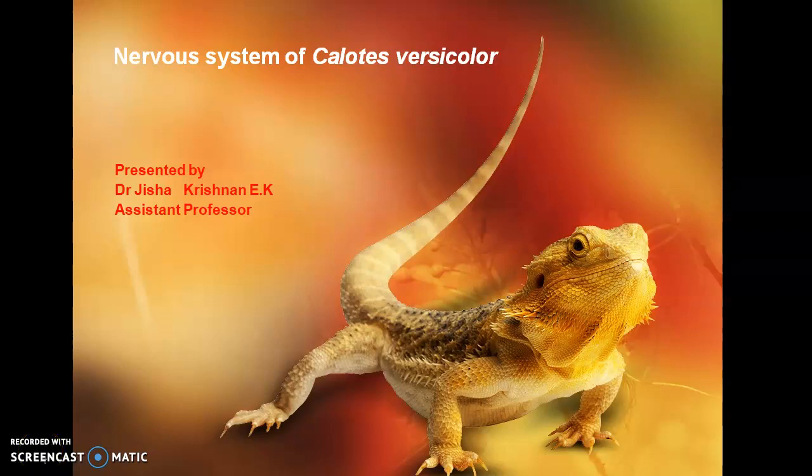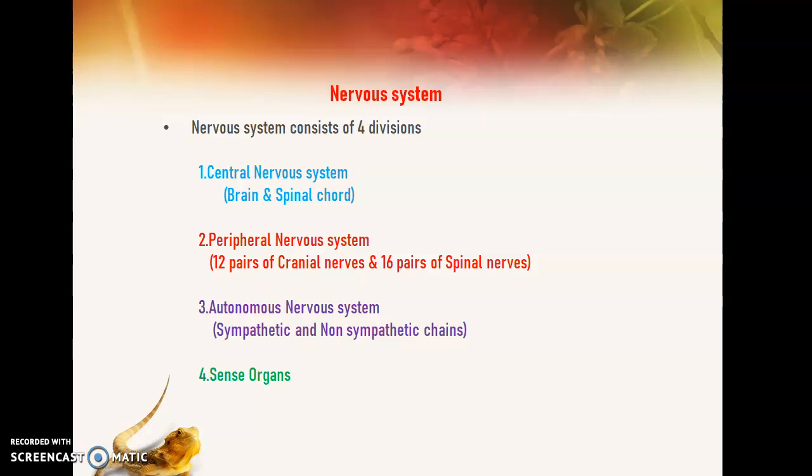Dear students, today we are starting with the topic, the nervous system of Calotes versicolor. The nervous system generally consists of four important divisions that we all know. A central nervous system consisting of brain and spinal cord, a peripheral nervous system consisting of the nerves, that is 12 pairs of cranial nerves and 16 pairs of spinal nerves in Calotes, and the third one is the autonomic nervous